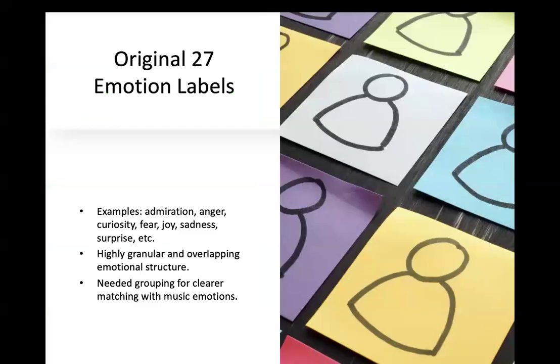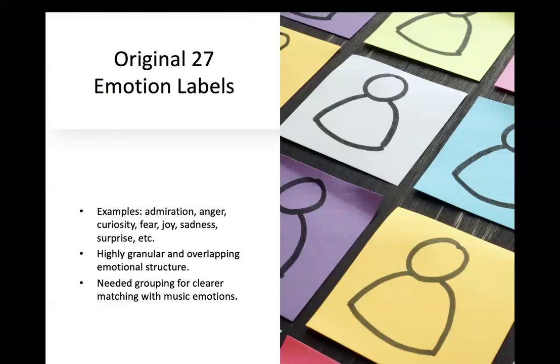The next slide is about the richness of Go Emotions, which comes from its 27 emotion categories, including joy, love, admiration, approval, anger, annoyance, curiosity, confusion, fear, surprise, and many more. However, using all 27 categories directly in music matching would be impossible.